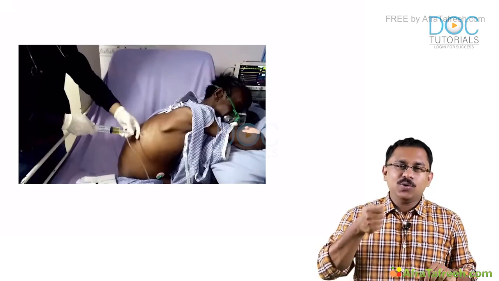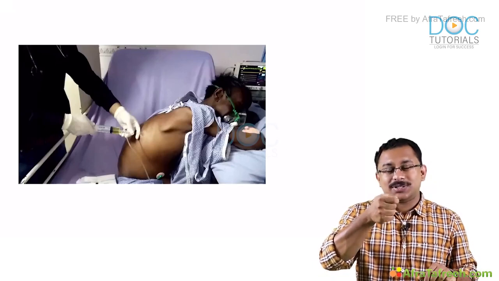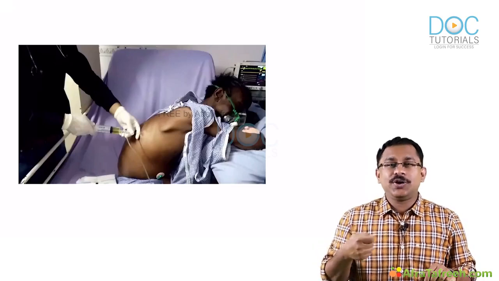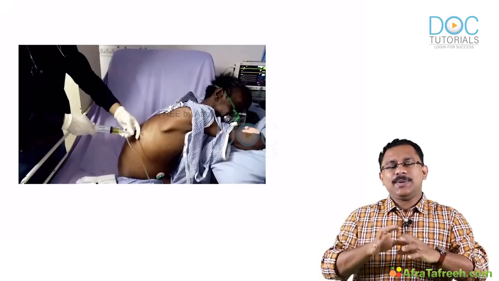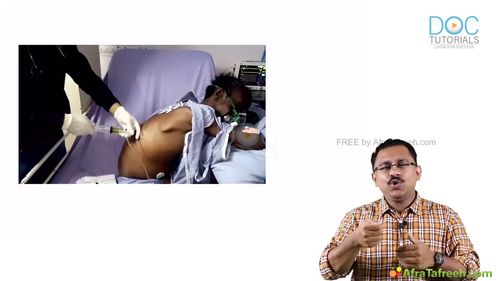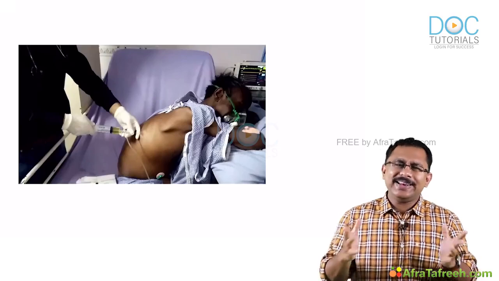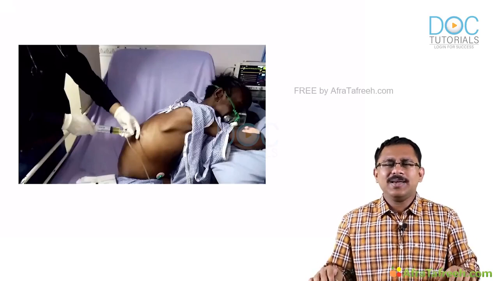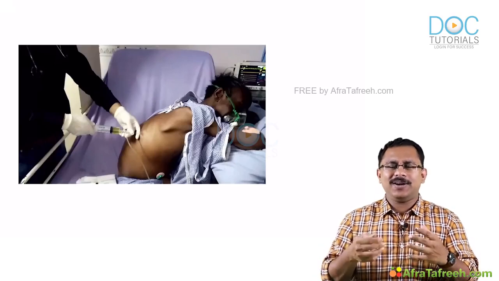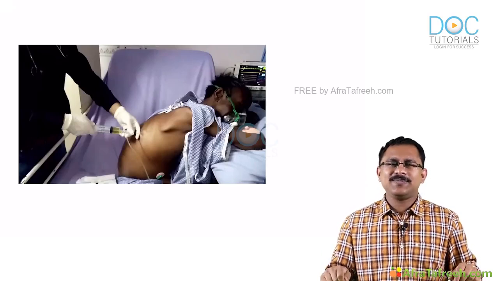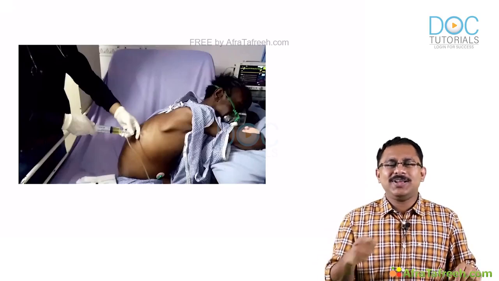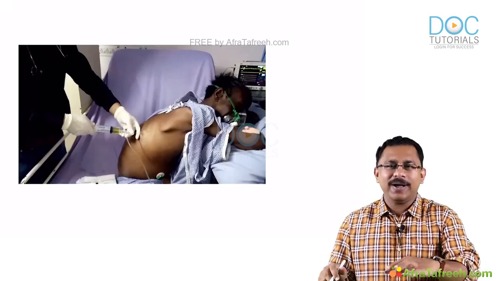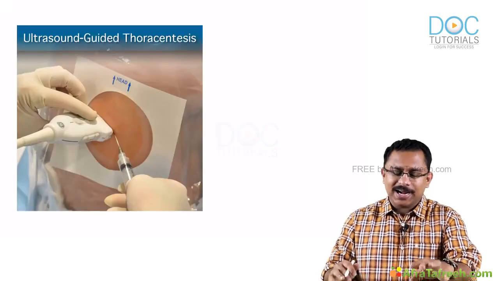Okay, because when you do this thoracocentesis, there is always a risk that you are likely to injure your lung. Suppose it is a massive effusion and you do it in the 7th intercostal space, it is very unlikely that you are going to injure. Even if it is mild to moderate, you are less likely to injure. But still, because of faulty technique or defective angulation, there is always a small risk of injuring the lungs. So if you are in a facility where you have an ultrasound probe available, always go for an ultrasound